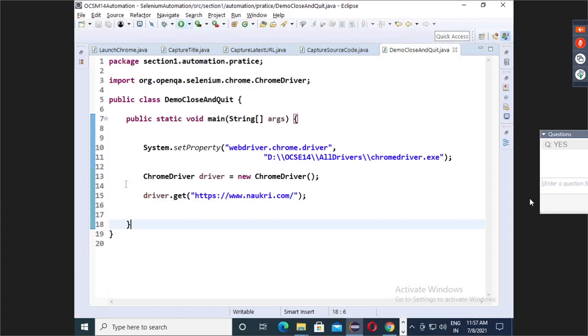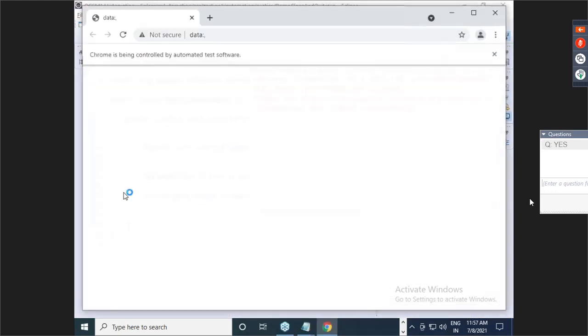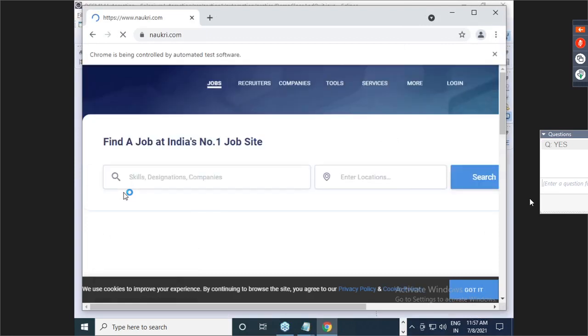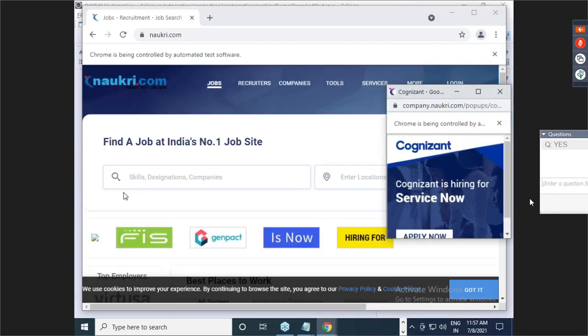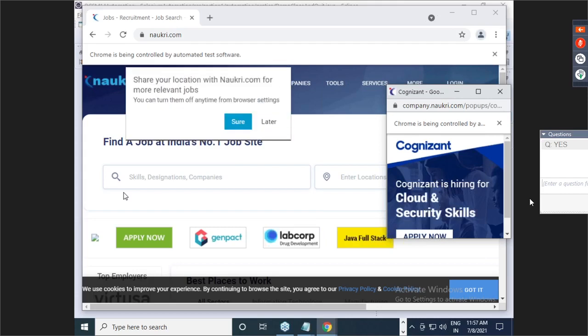Let me open via code. See, when I am opening via code, you are getting something extra. Yes, at least now you guys notice. Okay.